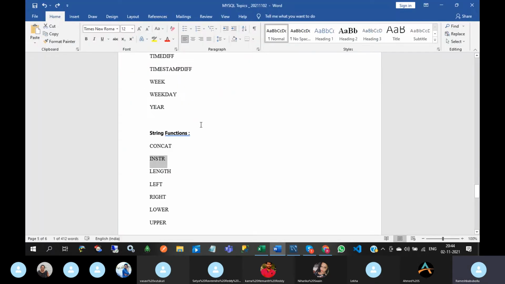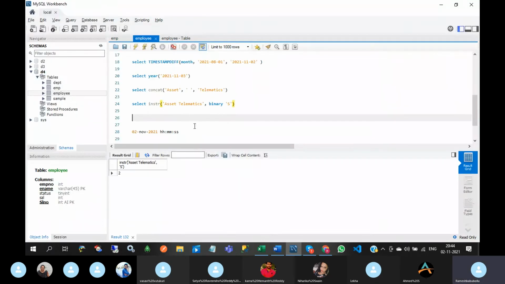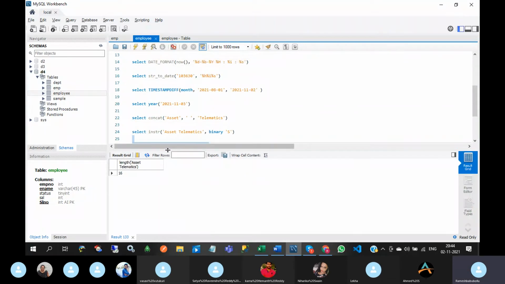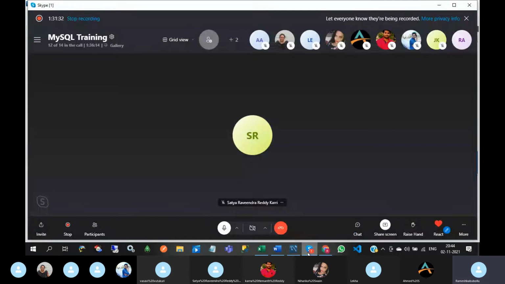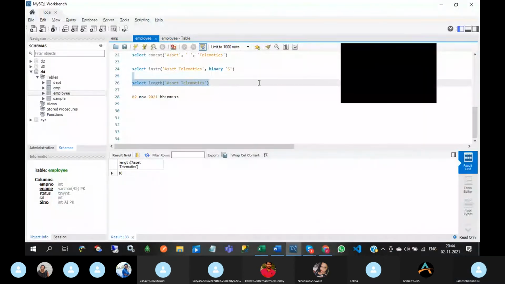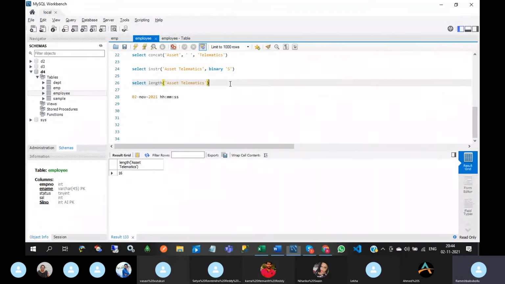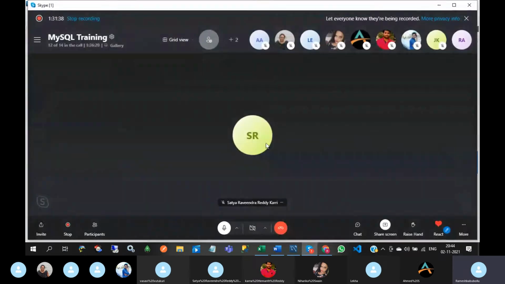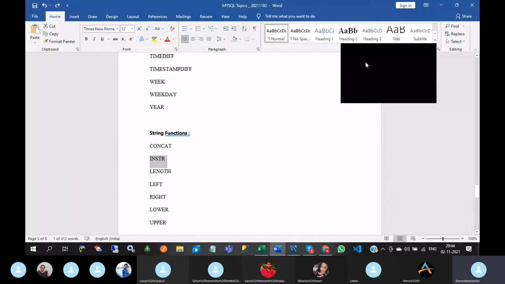And length. So length of the string, 16. Okay, so next, left.